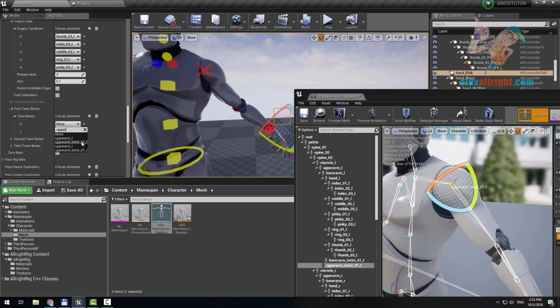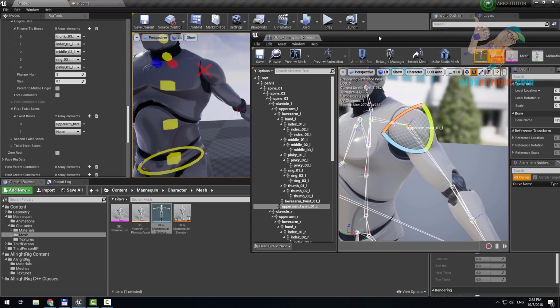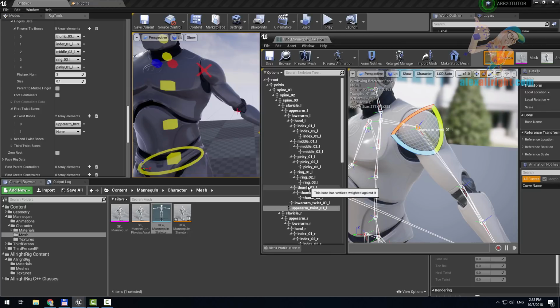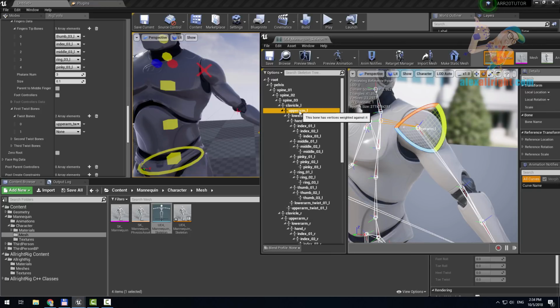Upper arm twist 01 L. The second one here will be our upper arm L. You can't see that this bone actually drives only this part of the skeletal mesh, but you can tell it because this bone drives the upper part of it. So the second one will be this bone,